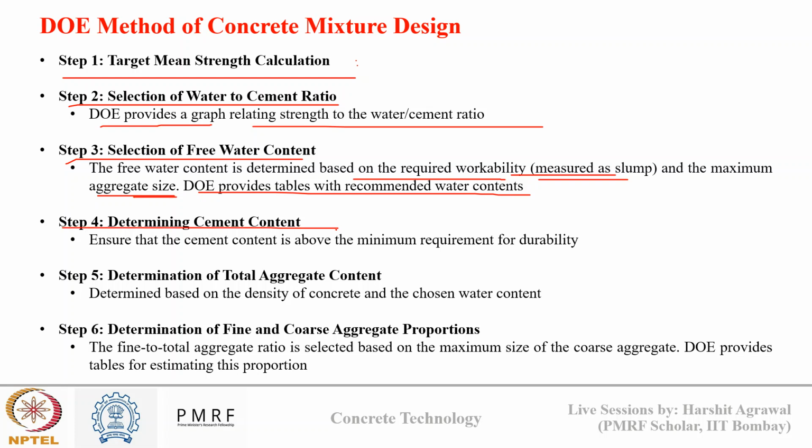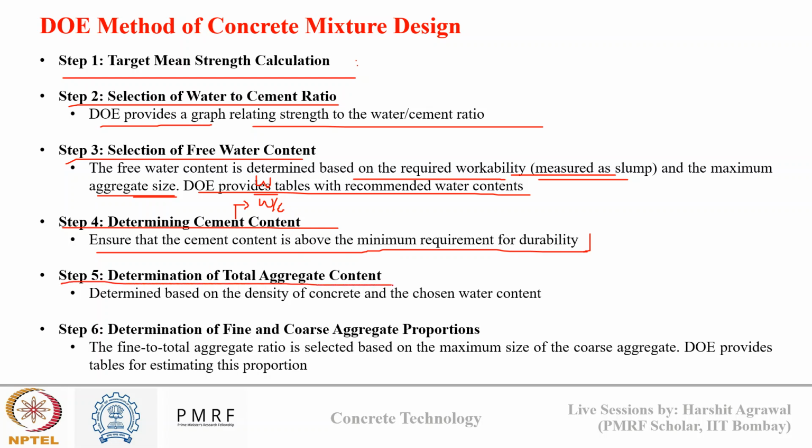Fourth step is determining the cement content. Ensure that the cement content is above the minimum requirement of durability. That is something you need to ensure. And determining the content is simple. You know the W by C ratio, and you know the total water content. So total water divided by W by C ratio gives the cement content, and this cement content should be above the minimum requirement criteria of durability. Step 5 is determining the